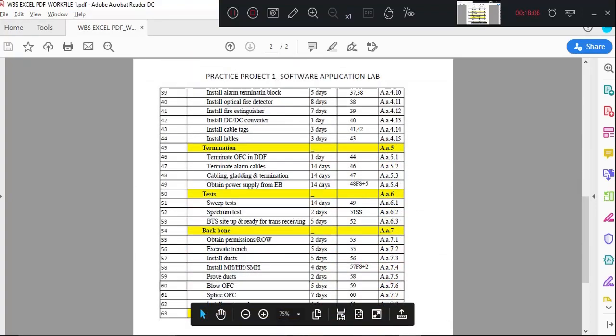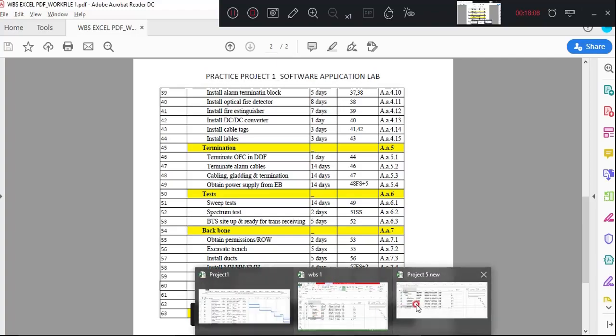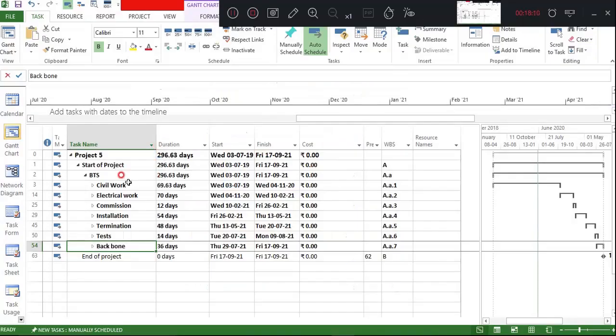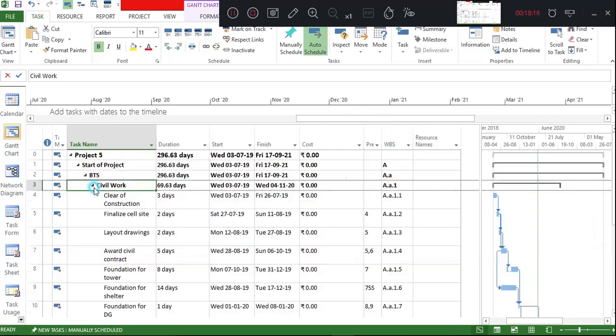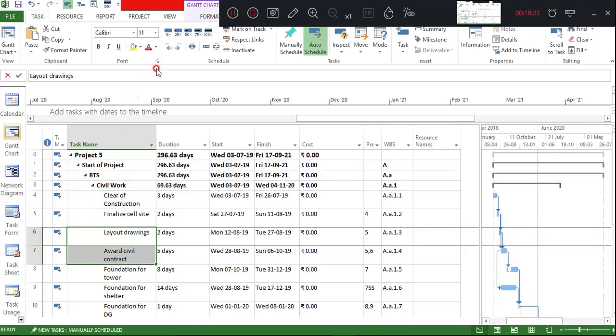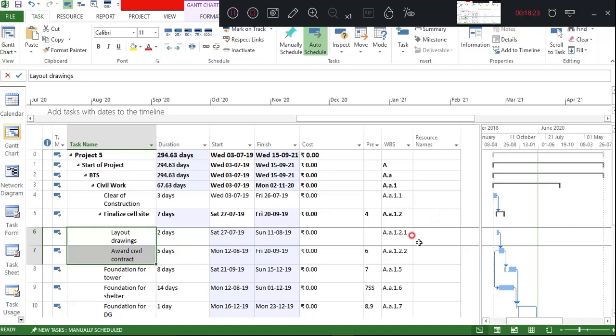One of the mistakes students make here is, once you define a code, if you again make changes at that particular place, for example, these 2 activities must come under finalization of a cell. Under this one it is coming as 2.1. Now by mistake I did this.